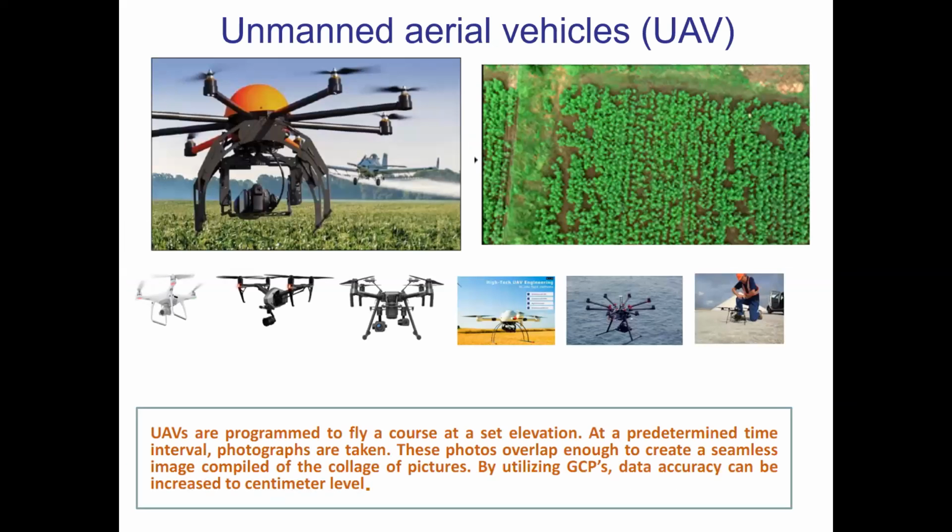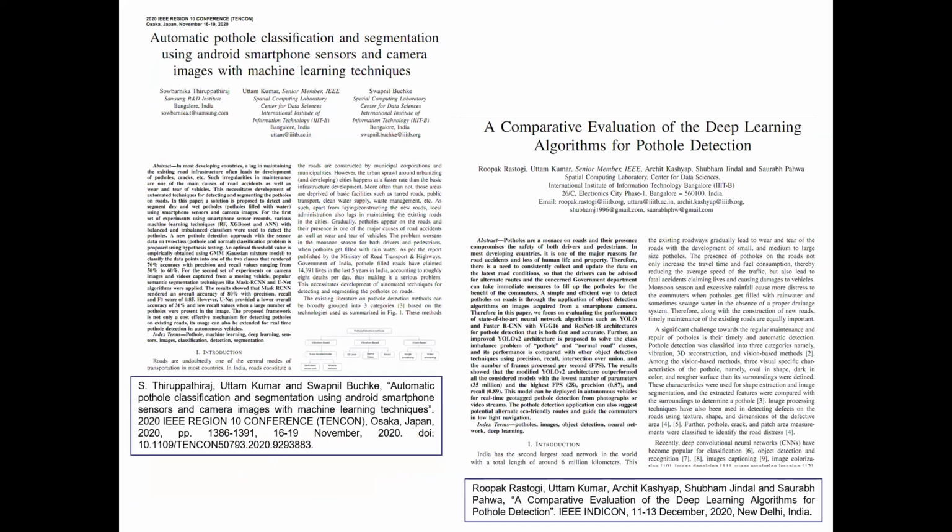Now, I will quickly show you some of the applications that our master's students have been doing. We had a project with CSIR where we had used drone data. The drone was flown at the University of Agricultural Sciences at Dharwad district, and we had done some studies that I will present here. Before that, I'm showing you two related studies which focused on using machine learning and deep learning techniques to detect potholes in the city.